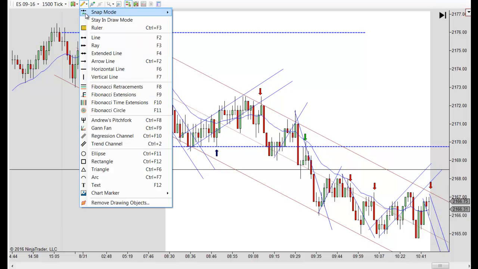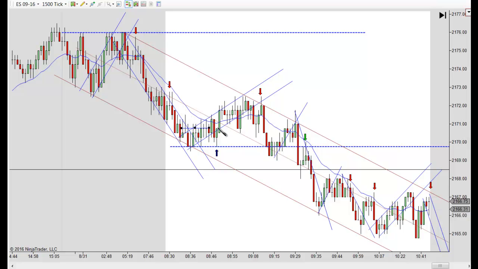Really, your line would have been a little bit lower here. I like to use the closes. And notice how it broke out, pulled back. So it's a breakout pullback long, and that's why I like it, just like this was a breakout pullback short. And you're looking for price to probably come back and test this breakout area again. And notice that's exactly where it goes. But notice too that if you drew your line here and dragged it up, it also fits for that purpose as well. So it works both ways.